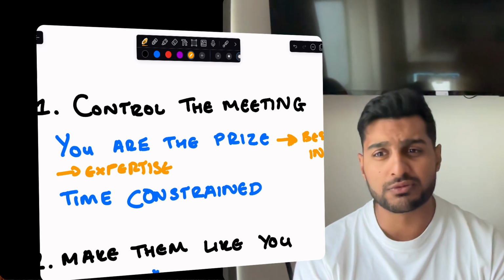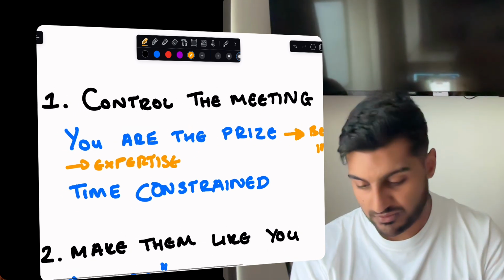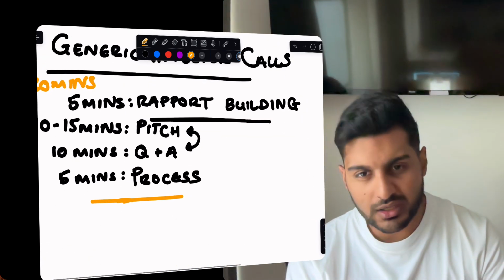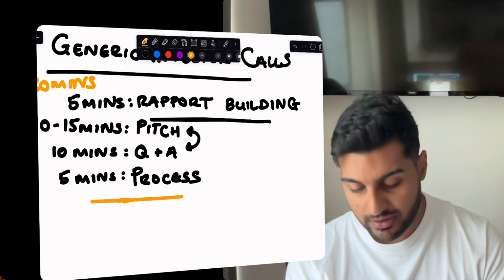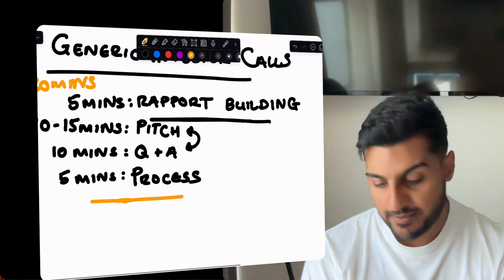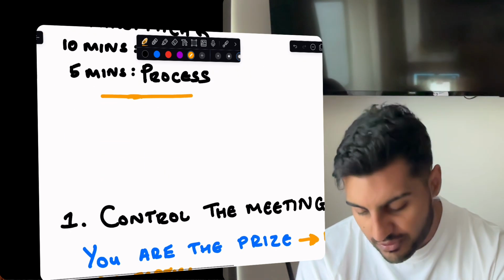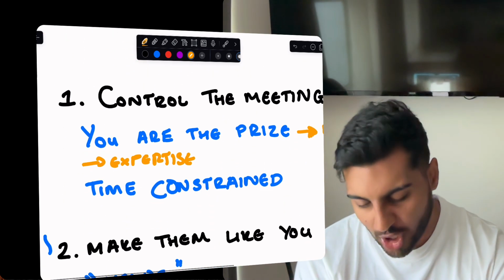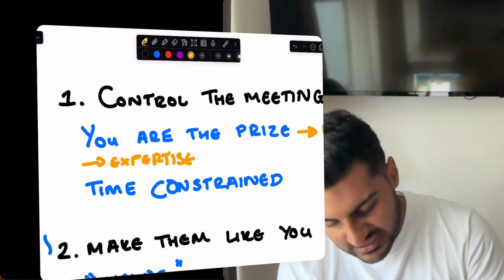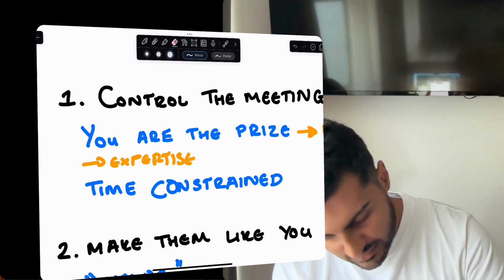Now, the second one, which is really important, of why you want to control a meeting, is that you are time constrained, right? Look, we've got 30 minutes, and we need to spend 5 minutes on rapport building and 5 minutes on process. We've only got a certain amount of time that we can really focus on making sure that investors love us, right? So a really common one, for example, is